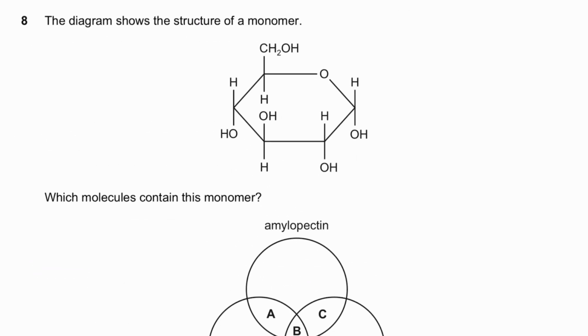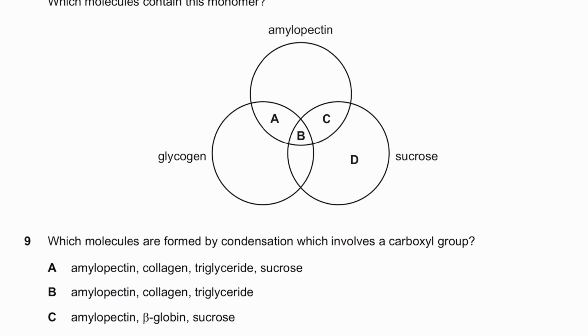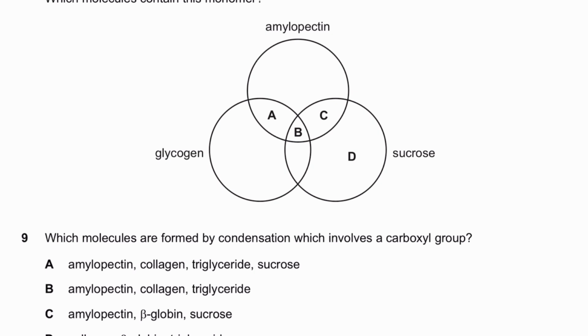The diagram shows the structure of a monomer, and you can see it's down, down, up, down, so that's alpha glucose since it's a 6-membered ring. And then which molecules contain this monomer? The macromolecules of this monomer are glycogen, and starch is actually made of 2 molecules which are known as amylopectin and amylose. So yes, amylopectin, glycogen, sucrose is actually made of both alpha glucose and fructose, so yes, which is why it's